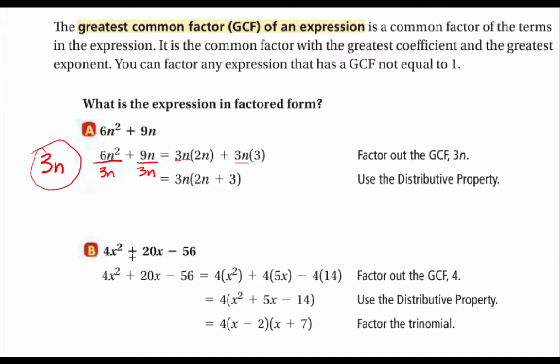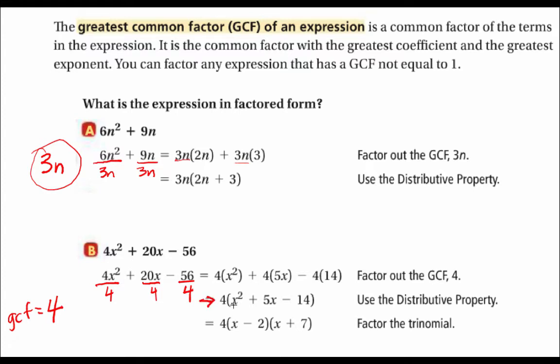And in this case, the answer is yes. 4 divides evenly into 4, 20, and 56. So when we look at the rest of this here, is there an x in all the terms? And that answer is no. So the GCF here in this problem is 4. And anytime we can factor out a GCF, it always makes life easier later on. So if we factor out 4 of everything, divide everything by 4 or rewrite everything as a product of 4 and something,